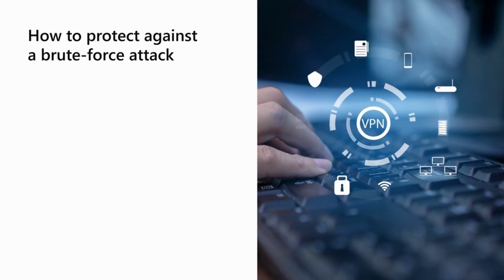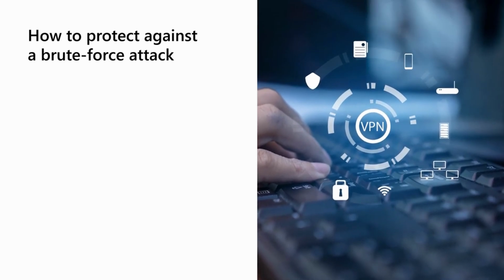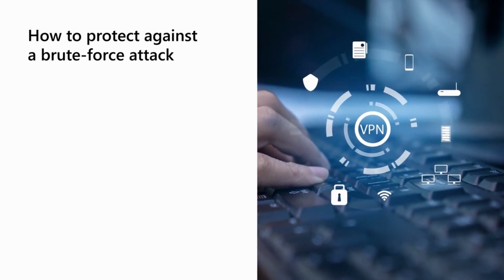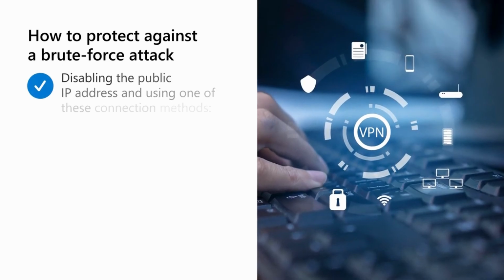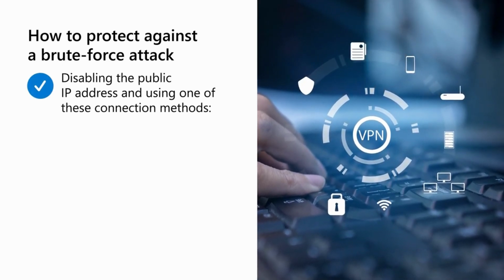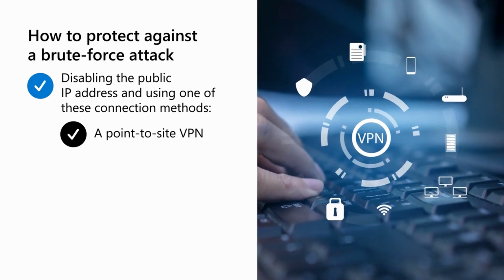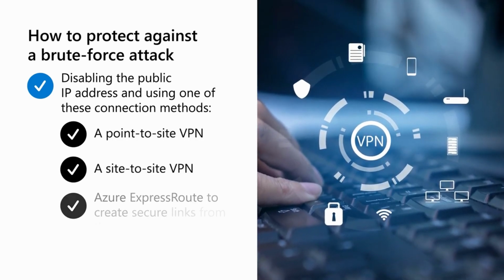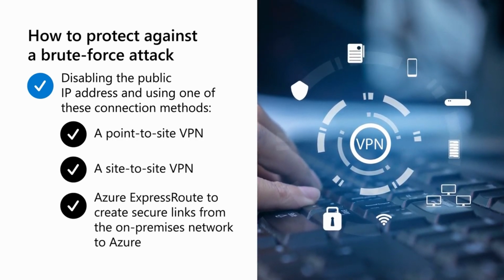Finally, let's answer the all-important question. How do you protect against a brute force attack? To counteract brute force attacks, you can take multiple measures, such as disabling the public IP address and using one of these connection methods: a point-to-site VPN, a site-to-site VPN, or Azure ExpressRoute to create secure links from your on-premises